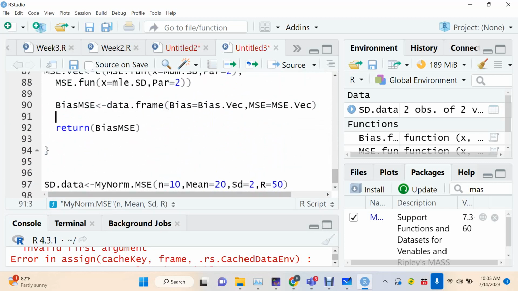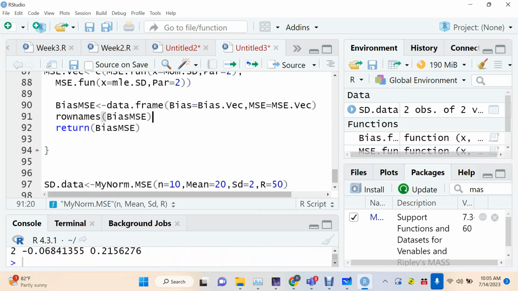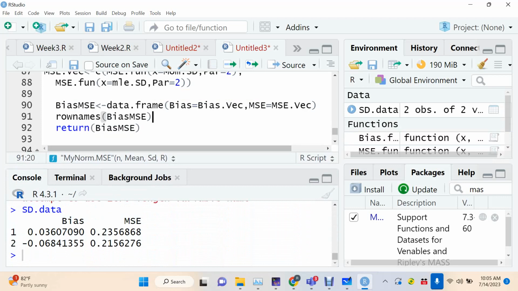Okay, so what I need to do is to do row names of bias MSE, and that gives me